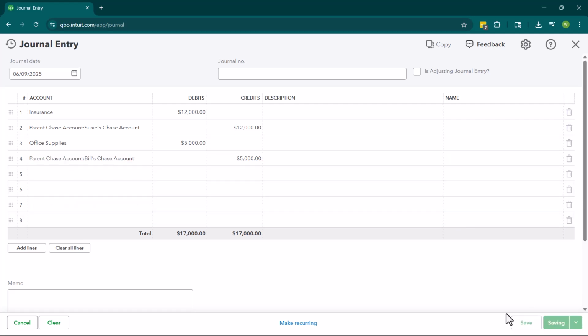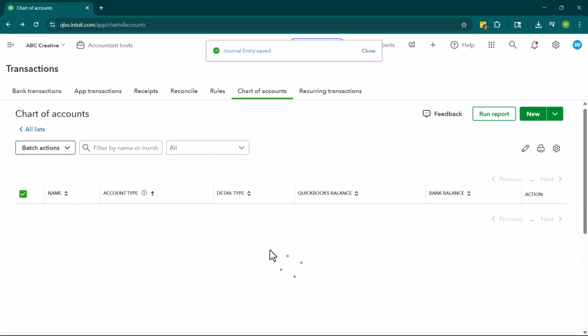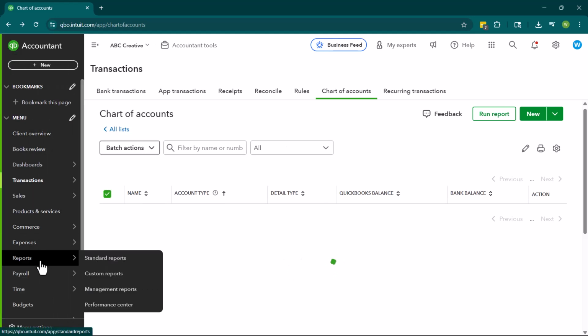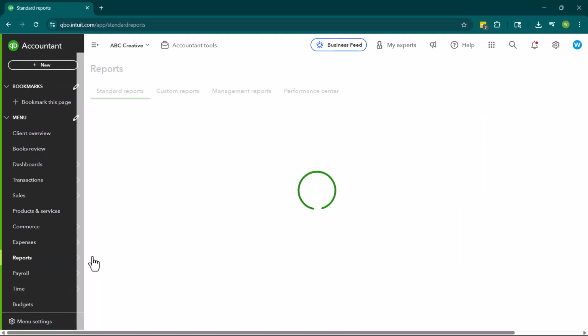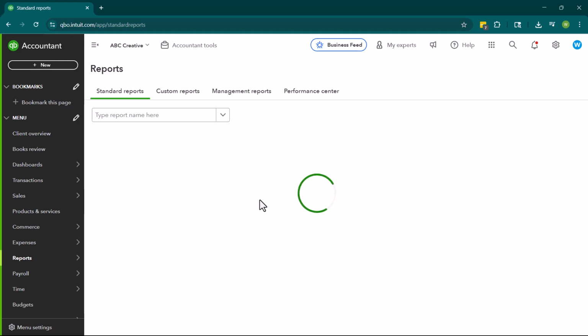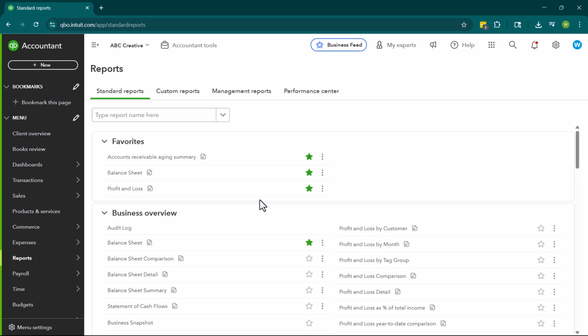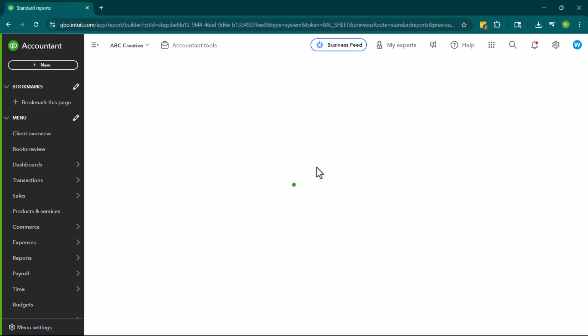Okay. So I just put some expenses on the Chase accounts. Obviously, there's a better workflow than just doing a journal entry, but this is just going to force that balance sheet to show you what happens when you have sub-accounts under liabilities. So liabilities live on the balance sheet. Very important to make sure that you're reconciling them. This is what your balance sheet looks like